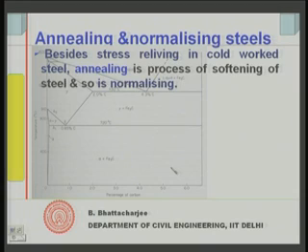I heated it up beyond recrystallization temperature, and when I cooled it, it recrystallized, and all the history of strain hardening was lost. Well, this is different. We are not really looking at stress relieving. So, annealing is the terminology used in both cases. Here it is used not for the strain hardened, but for simple plain carbon steel. So, besides stress relieving in cold worked steel, annealing is the process which softens the steel, and normalizing also does the same thing.